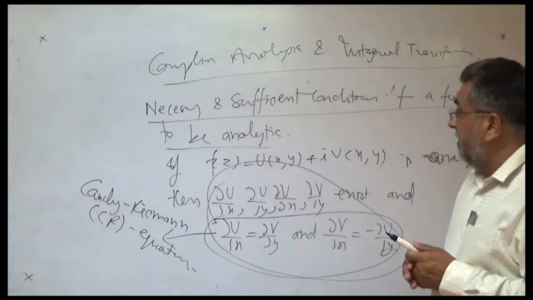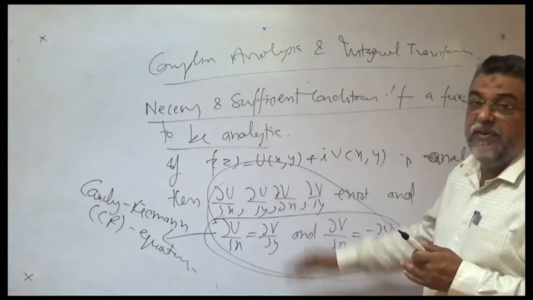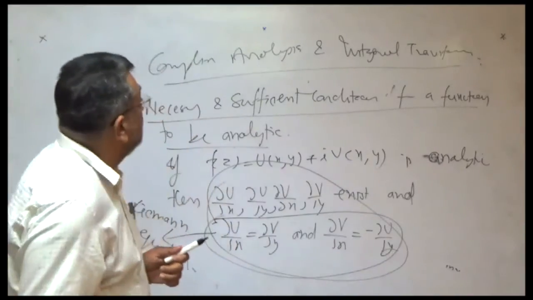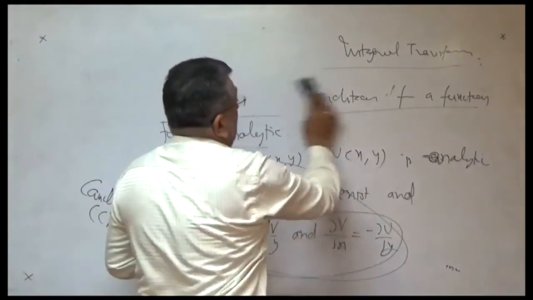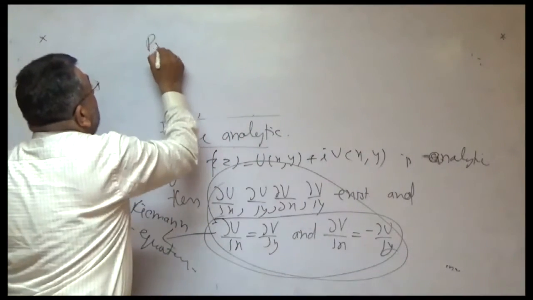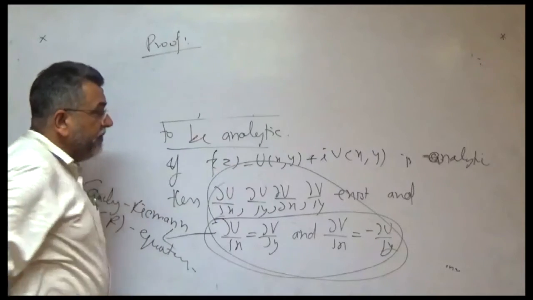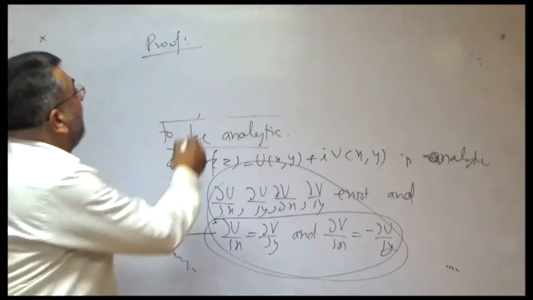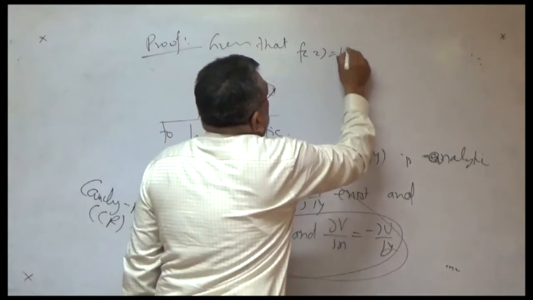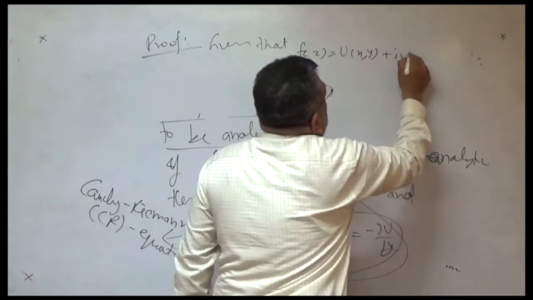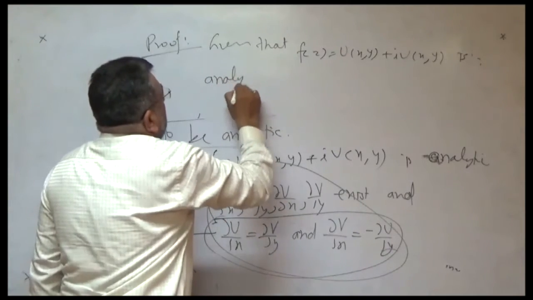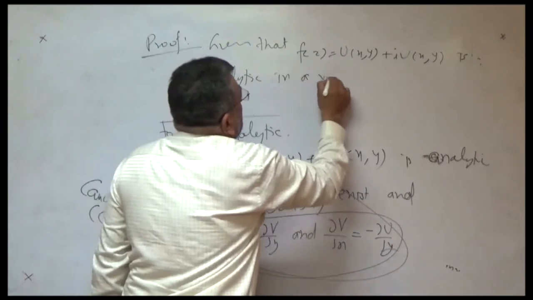First, we prove this necessary condition. If a function is analytic, then how do these equations get satisfied? So this is also a proof of the necessary condition, or you can say proof of the CR equations. First, we prove this mathematically. How can we prove the CR equations? Given that f(z) equal to u(x,y) plus i times v(x,y) is analytic in a region,